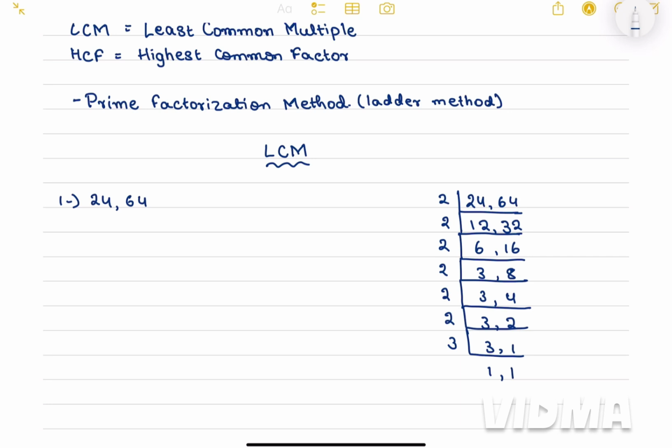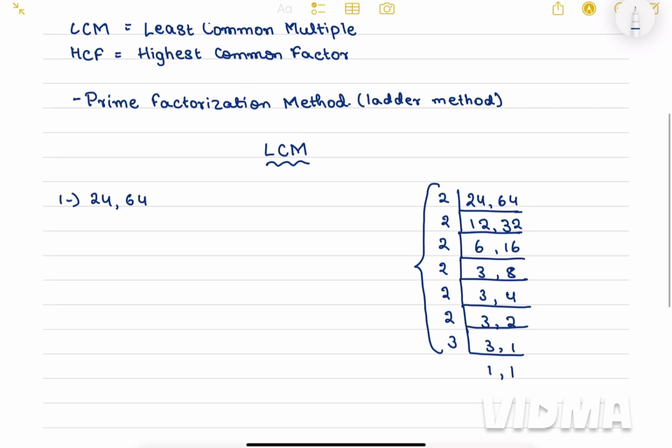Now to find LCM, we have to multiply all these common factors. All of these common factors will make the LCM. Because we're finding the least common multiple here. So you multiply all of them. Equal to 2 into 2 into 2 into 2 into 2 into 2. So 6 2's. But it's not 6 2's because it's not 2 plus 2. It's 2 into 2. So don't make that mistake. Into 3. Equal to